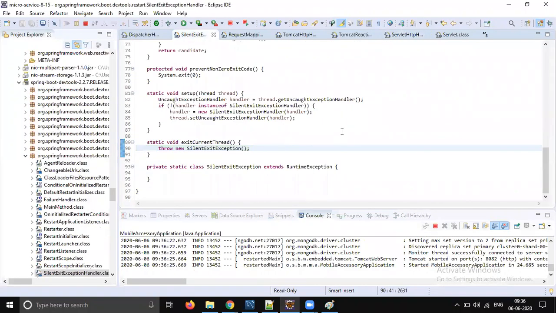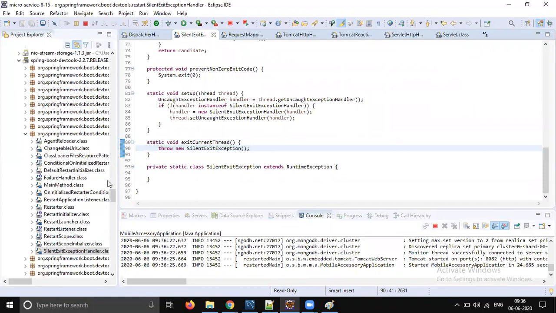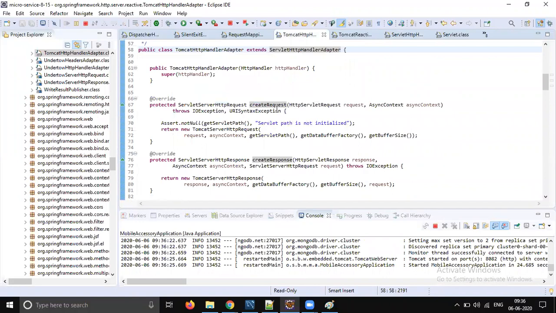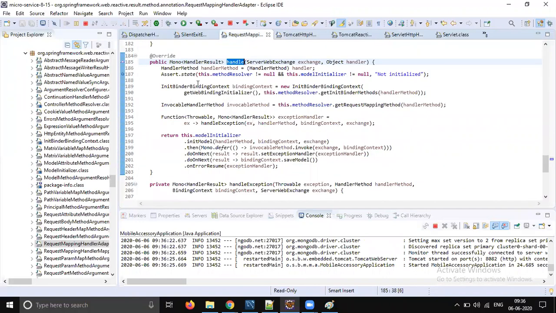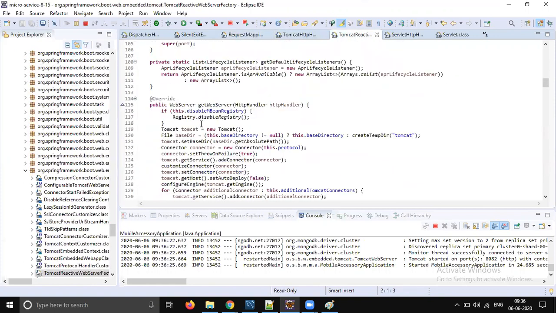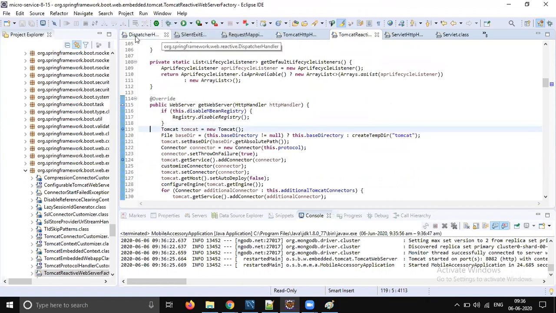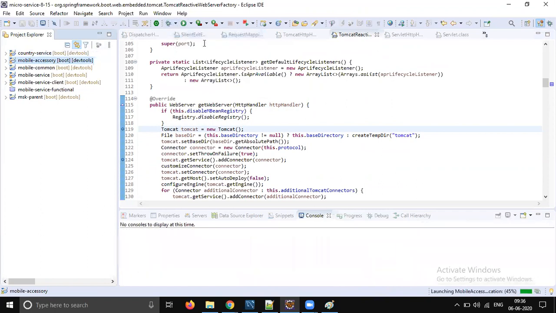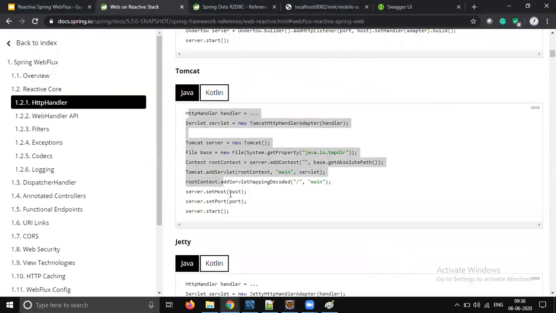Why is this not going into the Tomcat code? As per the documentation, this is the class, and it's going to be this Tomcat reactive web server. Okay, let's put the breakpoint here. Why is the code not coming here? This is what the documentation is saying, right?